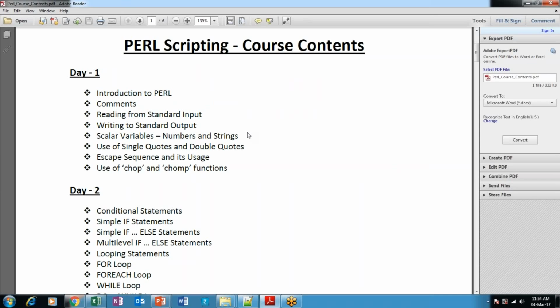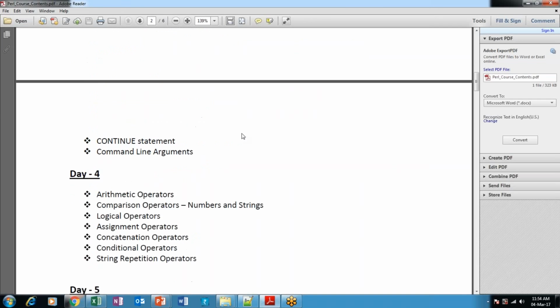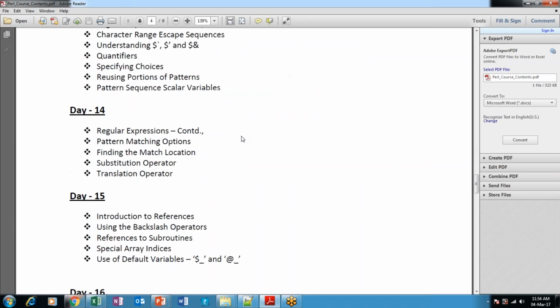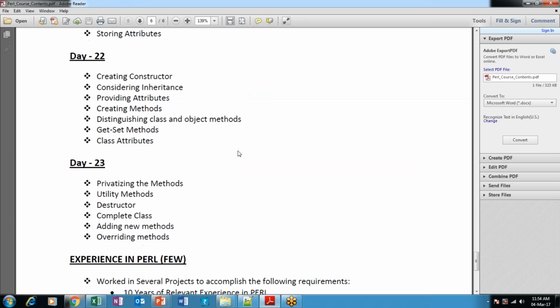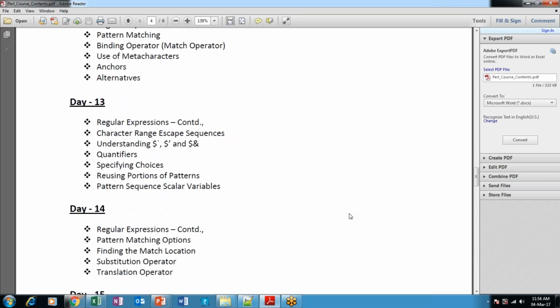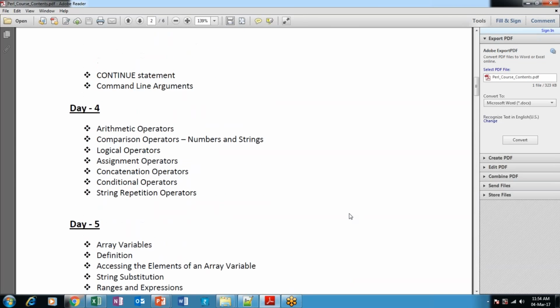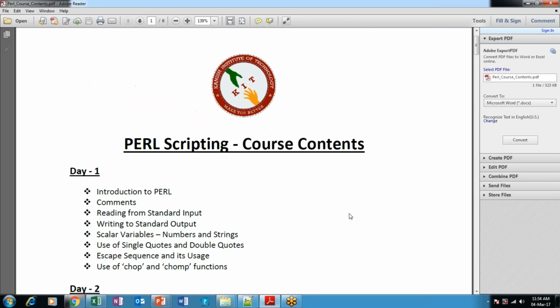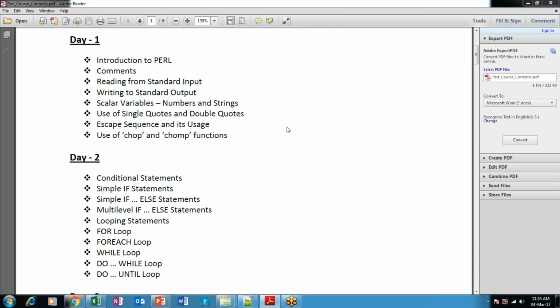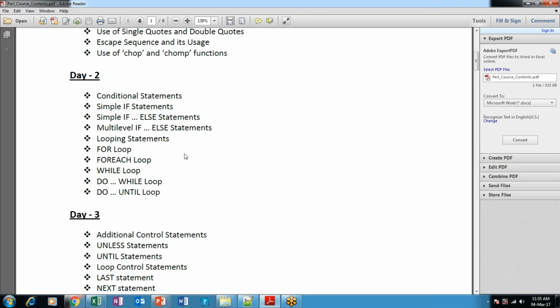This is the course contents. It is a 23-day program, and each and every session is like... All right, I'll start with Perl scripting, and I will explain the variables and some important functions, conditional statements,